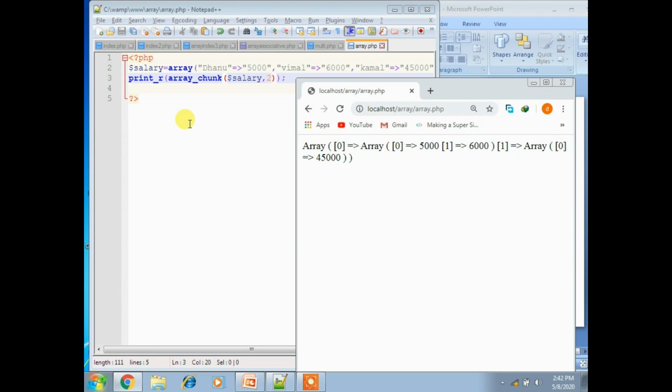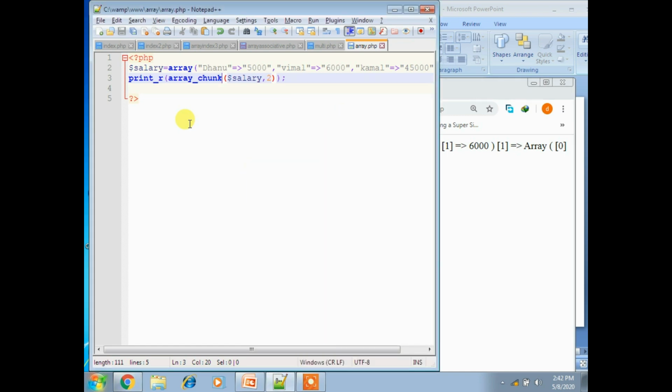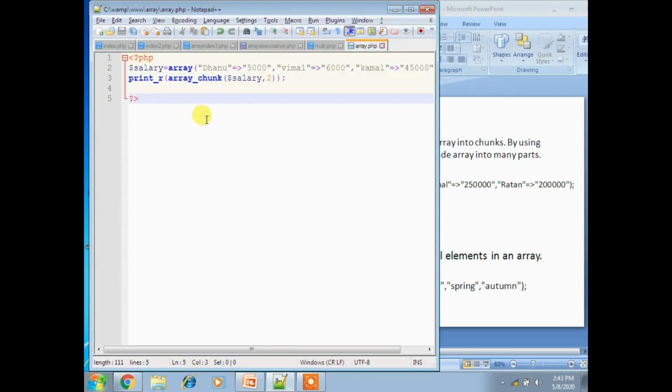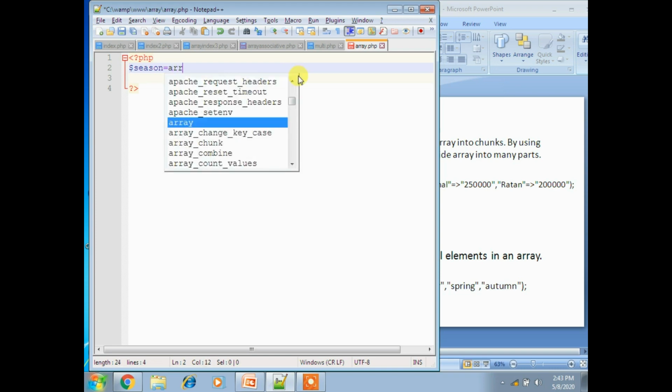Now let's see another function, the count function, which counts all the elements in an array. We'll see an example of how many strings are there, like 1 2 3 4. We'll see an execution part, then it's easy to understand. I have taken one variable $season and I am calling one function called array function.